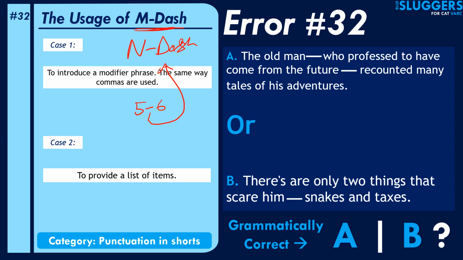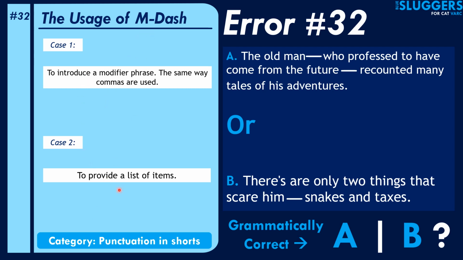I've not included a treatment of N dash in this series because it didn't seem like an error that could be tested very easily in this exam. So don't worry about that. Focus on the M dash part, which I do think can be the subject of a question. The M dash is considered to be slightly wider, and in usage, N dash is generally used with numbers and continuous durations, maybe in a list, or between dates, starting date and end date. So anyhow, coming back to M dash,